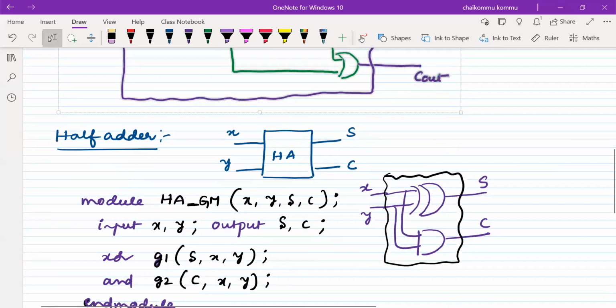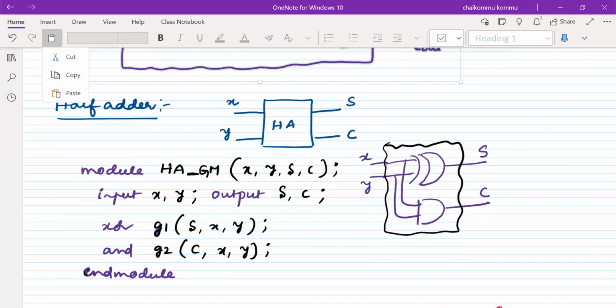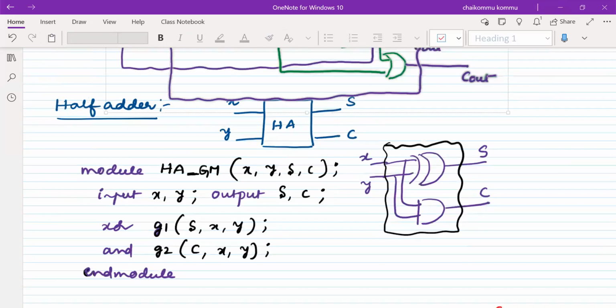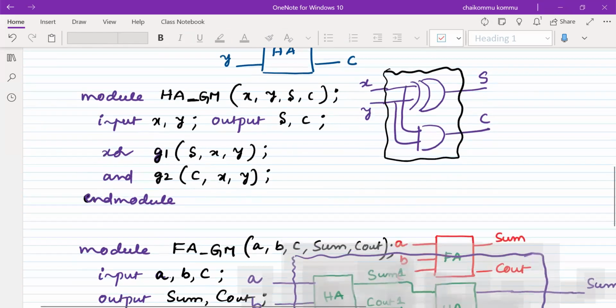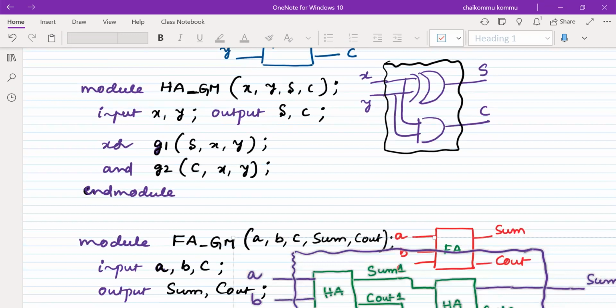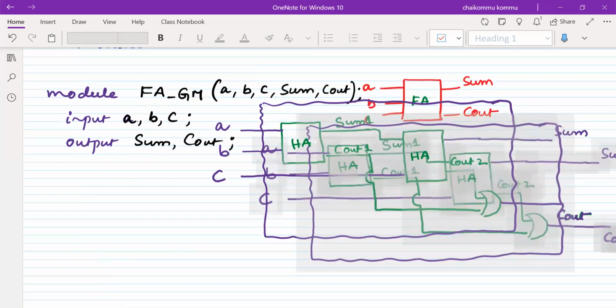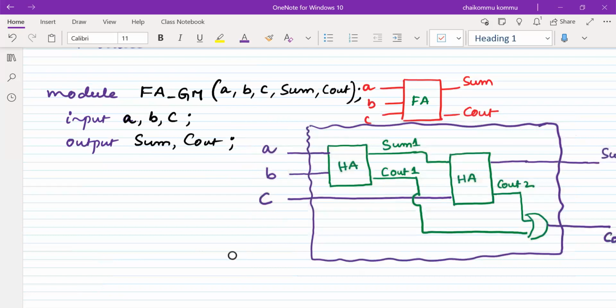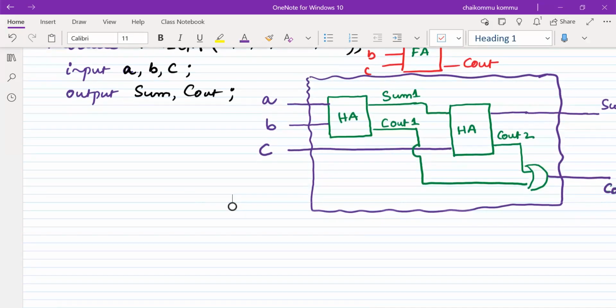Copy and then paste somewhere else. Okay, so here I'm going to use my module so that I'm able to, okay,